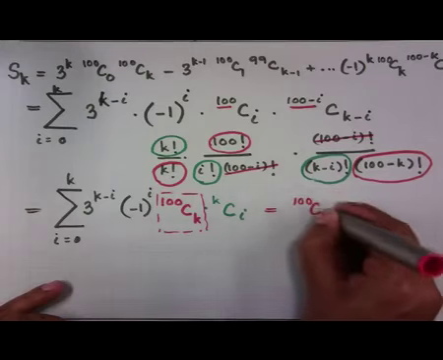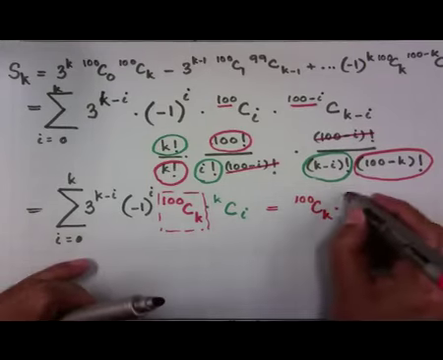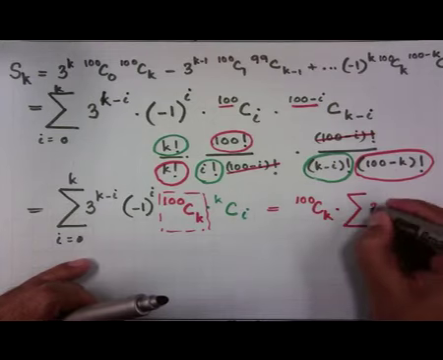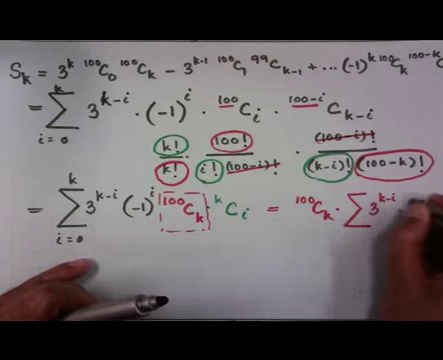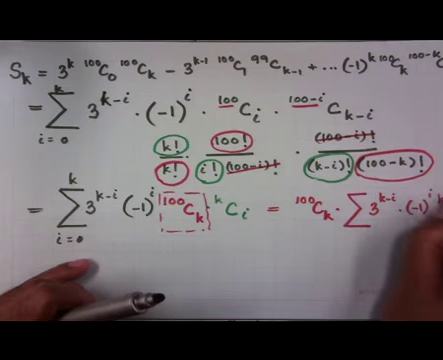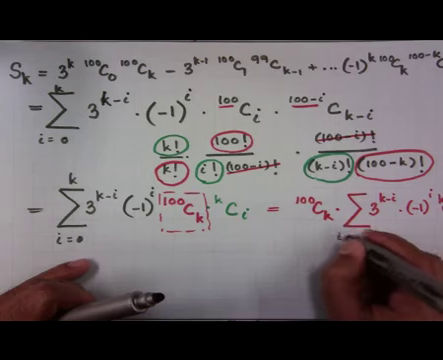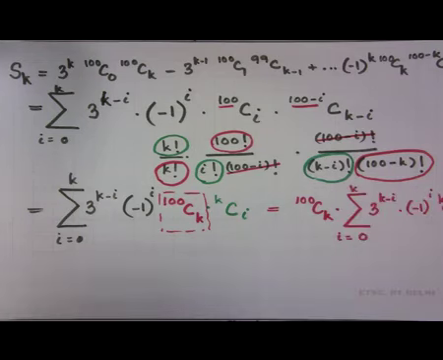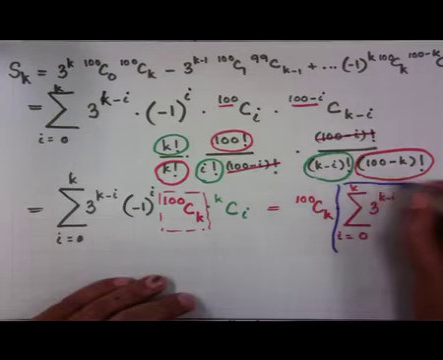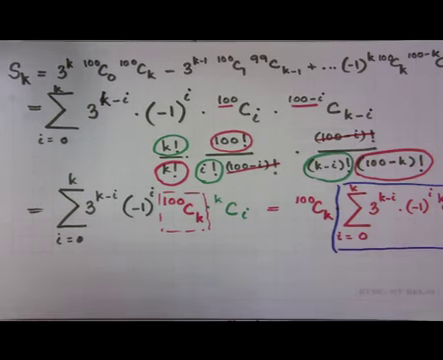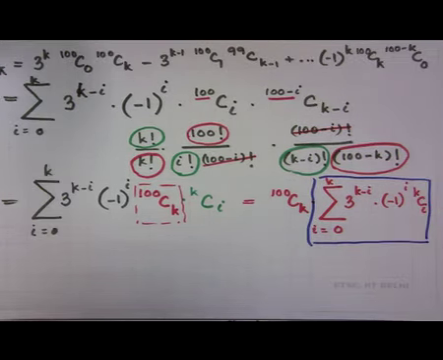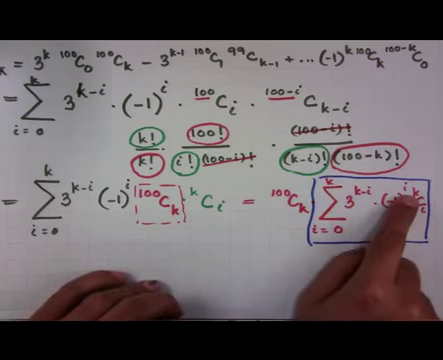So, you can rewrite it as 100 C k times sigma 3 power k minus i, minus 1 whole power i, k C i, where i is going from 0 all the way till k. And now, tell me what this is. What is this boxed thing, this sigma 3 power k minus i, minus 1 whole power i, k C i. Can you identify this? k C i means out of k you are choosing i,